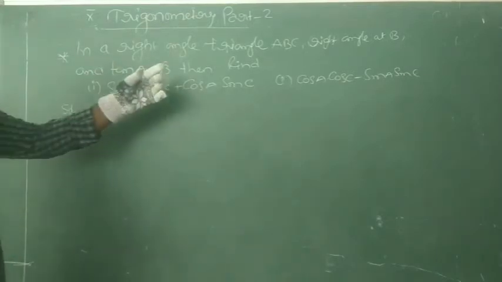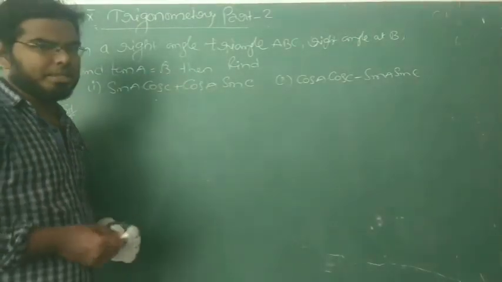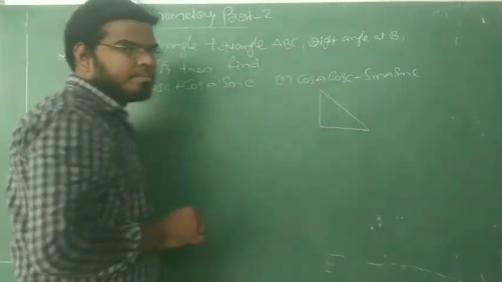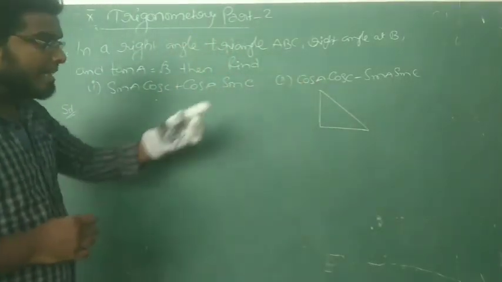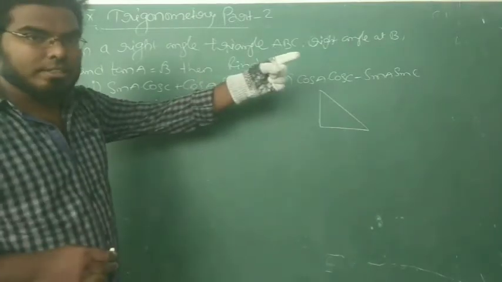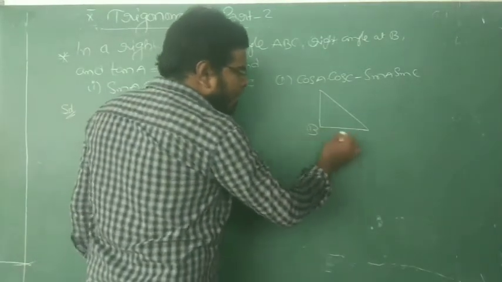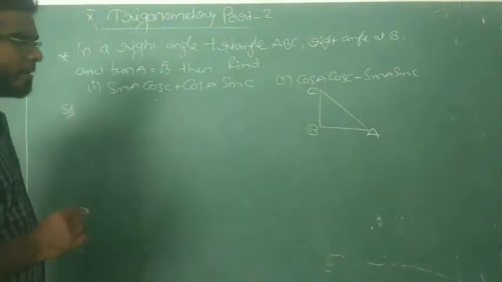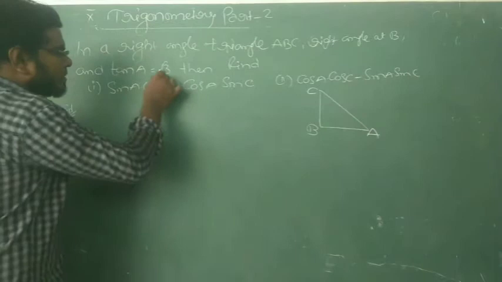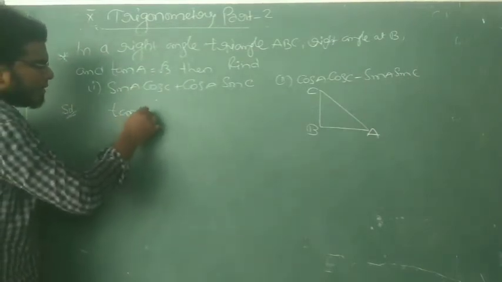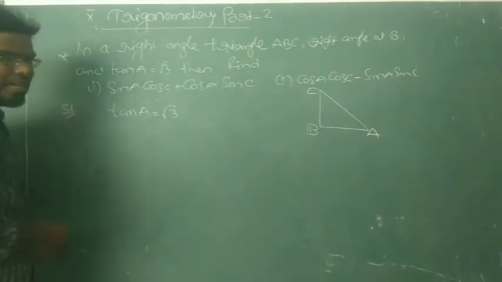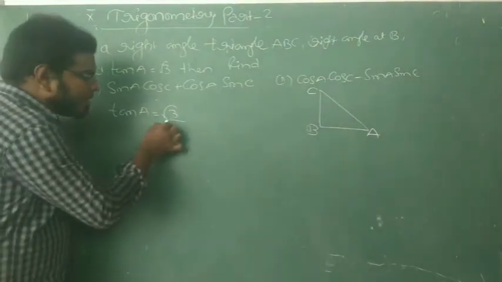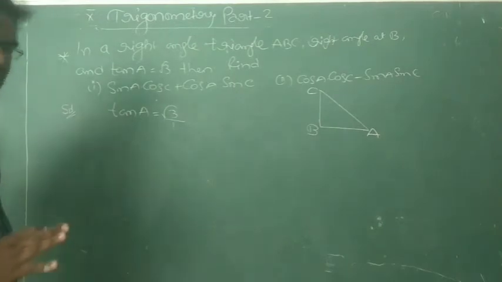In a right angle triangle ABC, right angle at B. First, draw a right angle triangle here. This is a right angle triangle now. Right? In the right angle triangle, at what? B. Thus, we can write A, this one C. Okay? Right. Now, tan A is equal to how much? What is the tan A value? Under root 3. Tan A value is under root 3, and I am taking the denominator as 1. Not a problem now. Good.